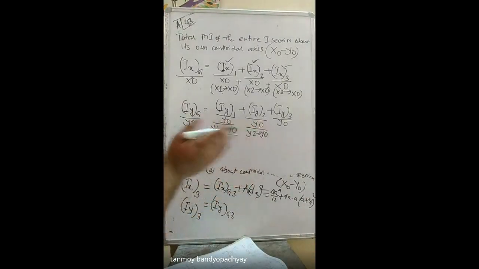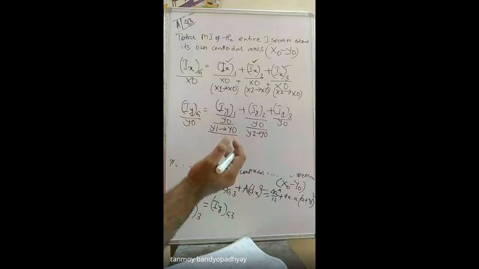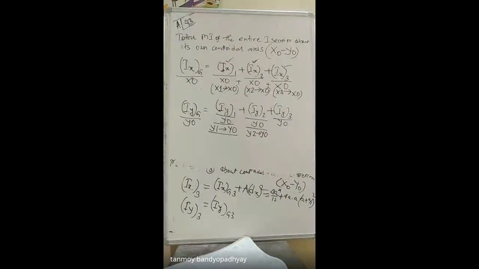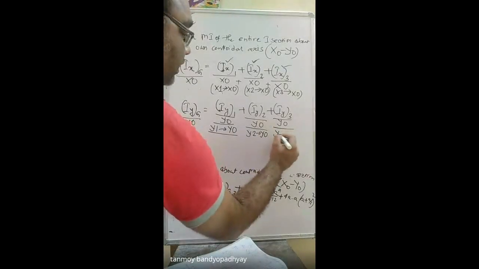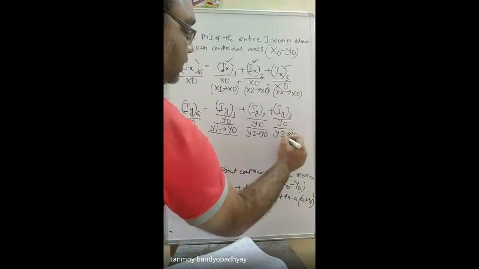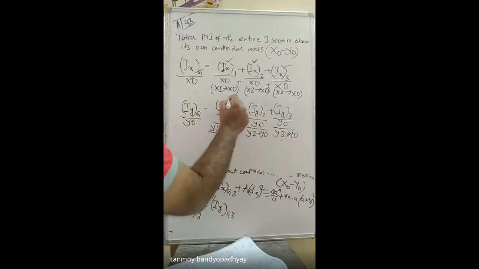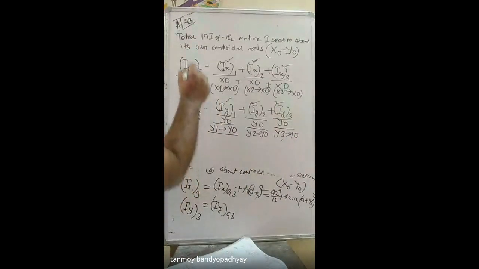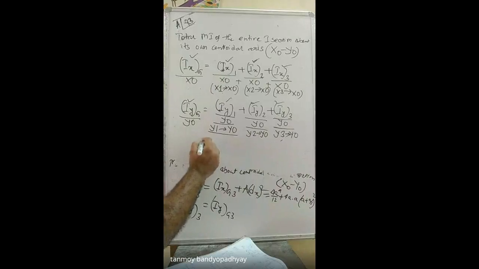If they were not coincident, for example in an L section, we will be doing a problem on an L section. For an L section, neither the x axis nor the y axis will be coincident. So in that case, we have to add on everything. And in the case of y3, we converted it to y0. And now we can add these to arrive at the values of ixg and iyg.